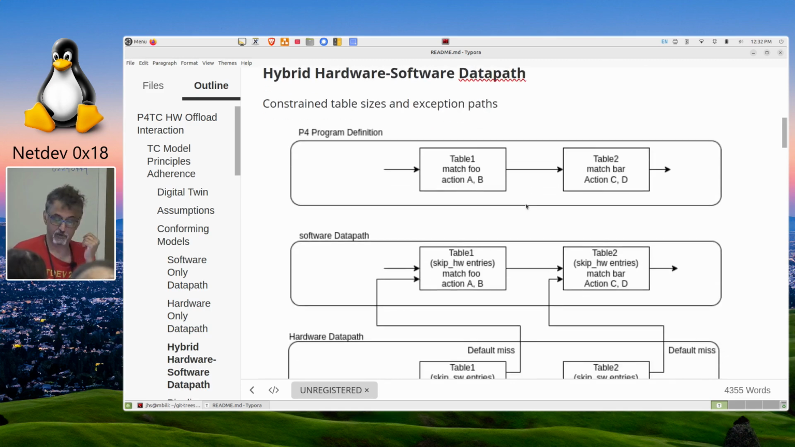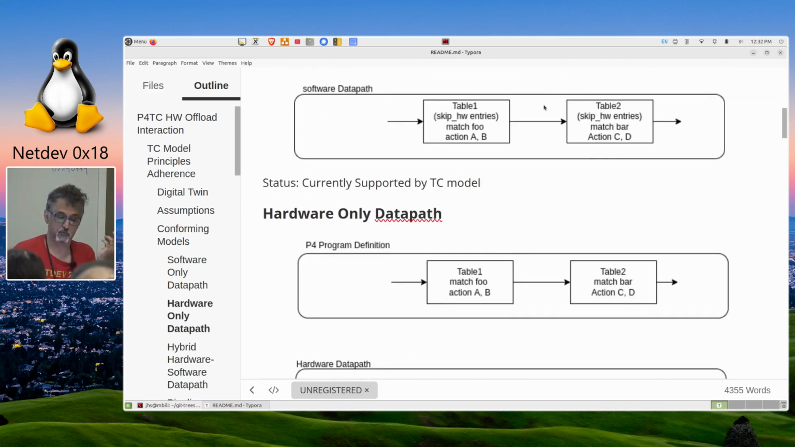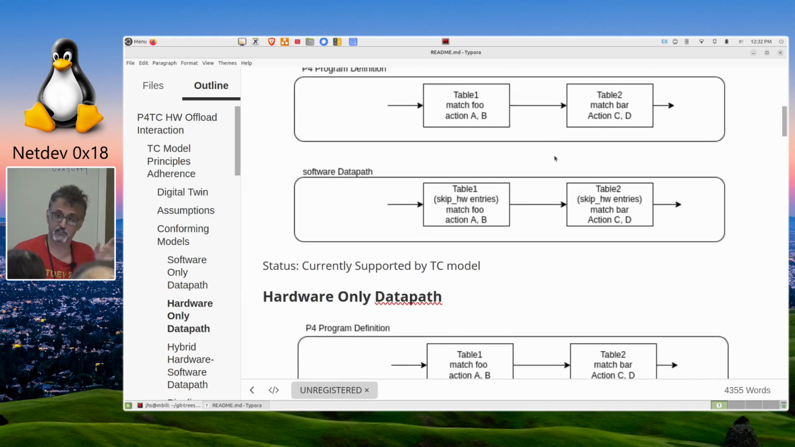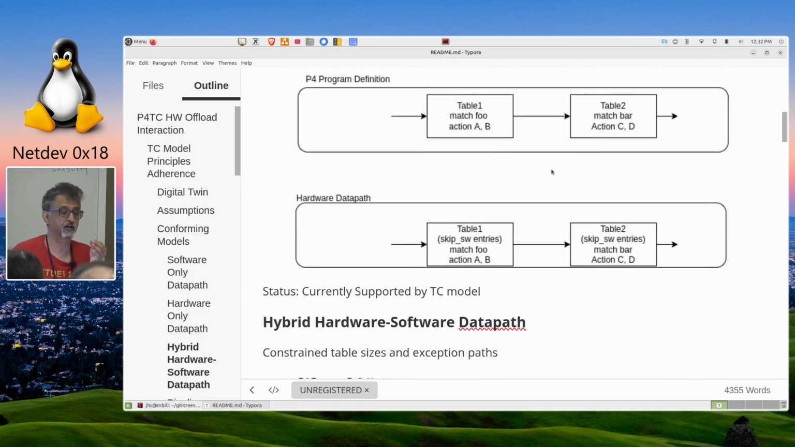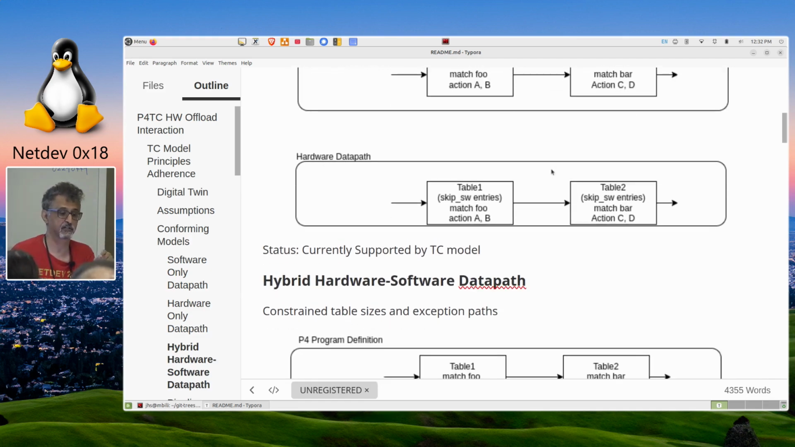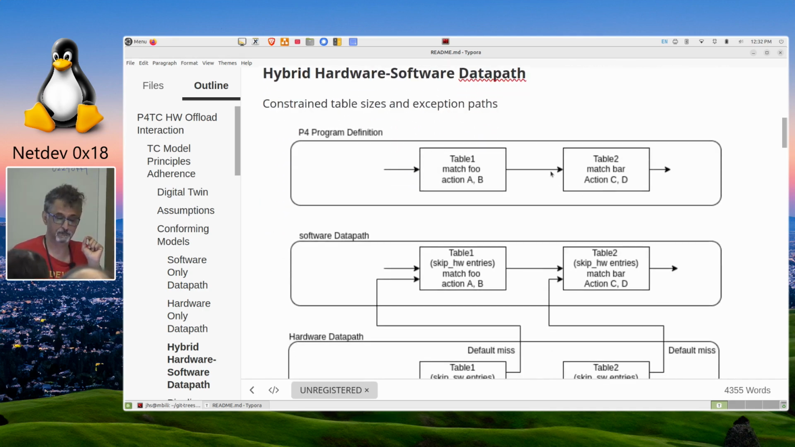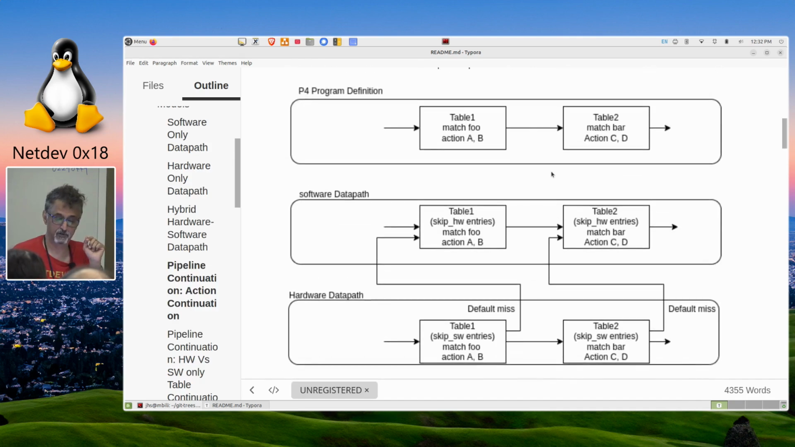The third model is a hybrid. So I should say the first two models are very well supported by TC today. Even if you do Flower, you can do this with the caveat that Flower will still, if you have a NIC that does offload, try to offload for you. There's a hybrid model where you write your P4 program, and then you specify for various reasons